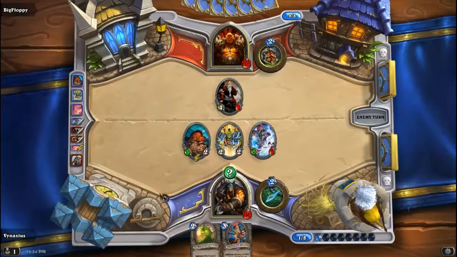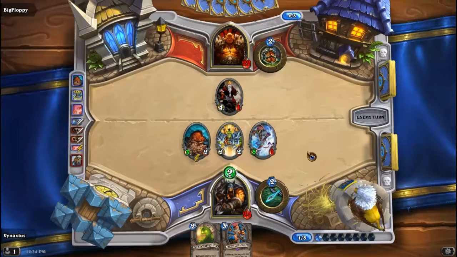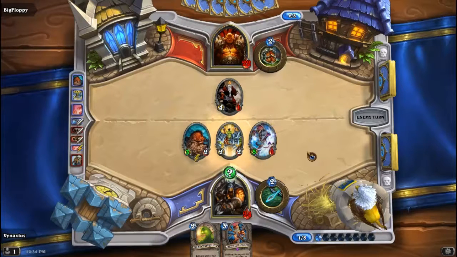Because this wasn't the way I placed it, I don't think. Raid Leader just somehow ended up in the middle because I guess he gives buffs? I don't know. Maybe I am just hallucinating. I'm a little bit sick, but I really wanted to just hopefully wrap up this arena run. Obviously I don't want it to be quick. I would like to eke in as many wins as possible, but